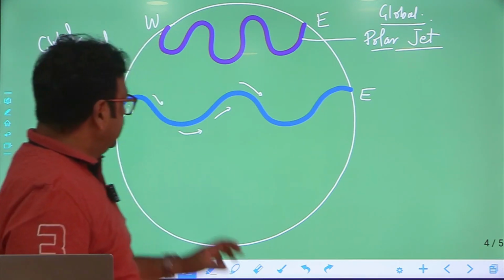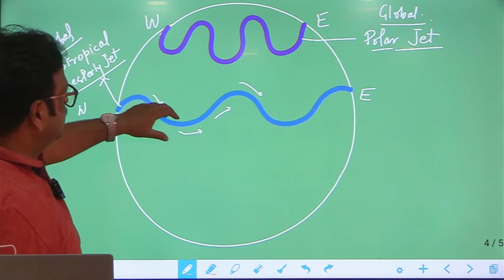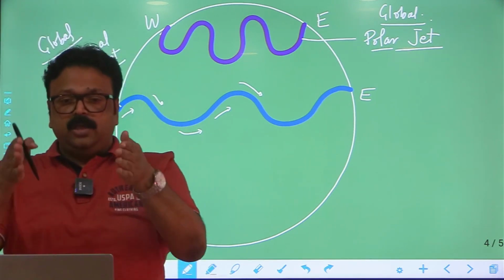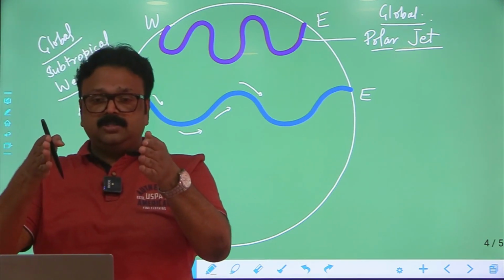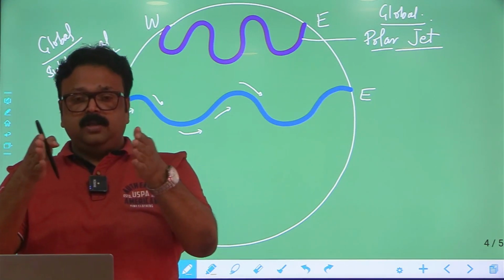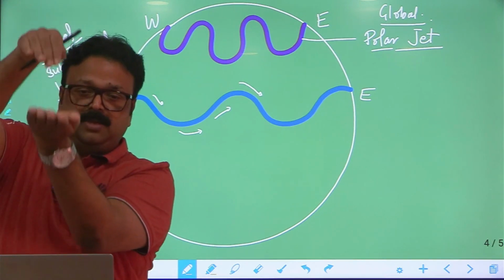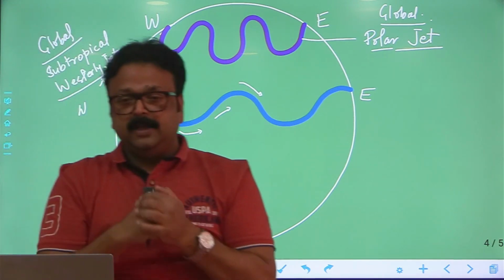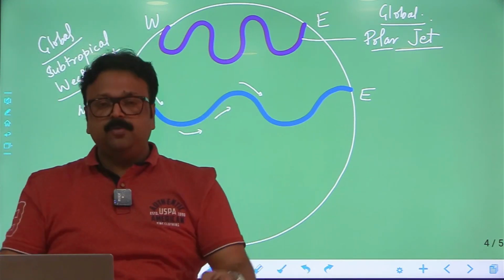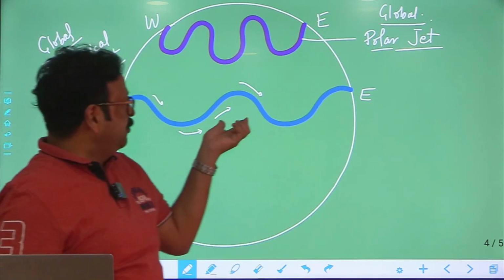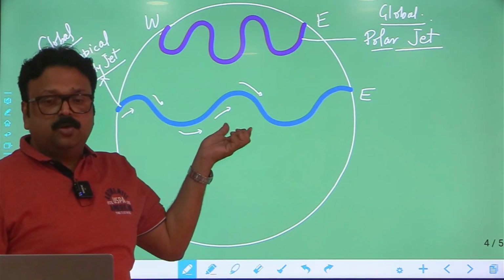So in this case you will find there is vertical as well as horizontal meandering. In the upper atmosphere the jet stream is not only moving in horizontal meandering, but it is also going for vertical meandering. So in that way it creates an omega-shaped shear wall, and this omega-shaped shear wall sometimes